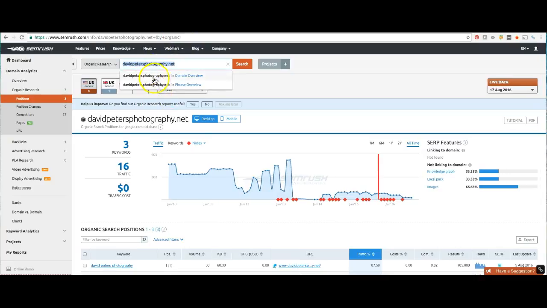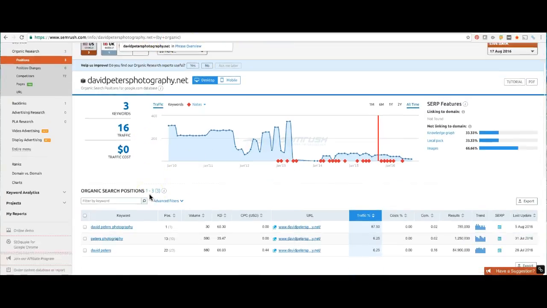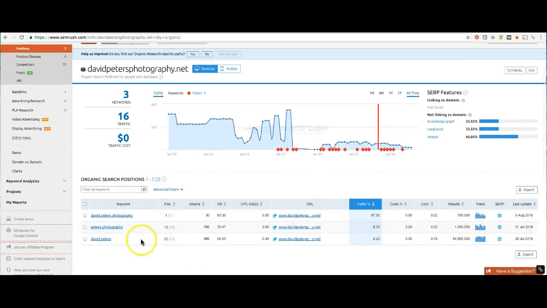If we look at David Peters, he's not technically ranking for that many keywords either. If you look at these three keywords, they're not really money keywords, but I think he's getting away with it because partially he has backlinks, and we'll talk about that, but also there are elements on his site that focus on photography and San Rafael. So he's able to get away with that.